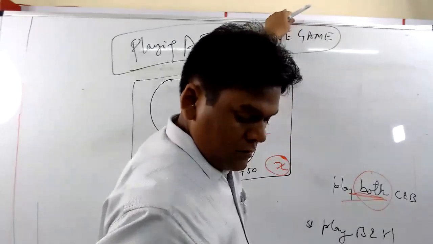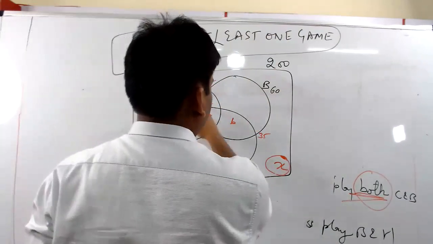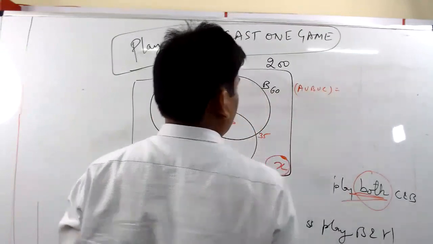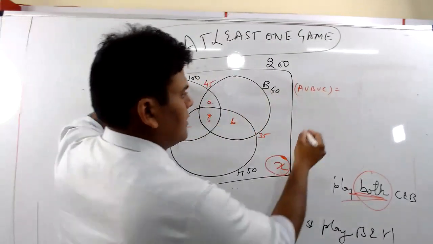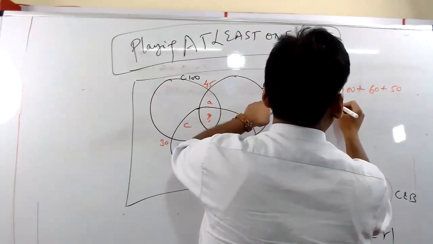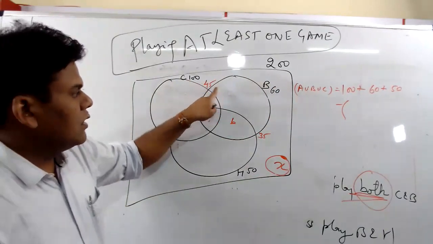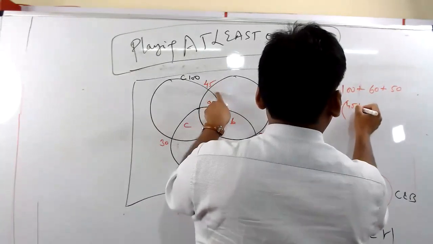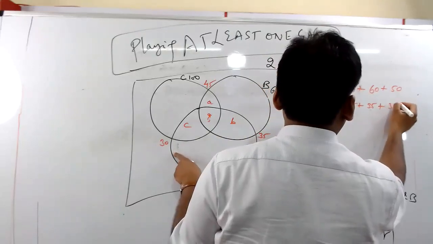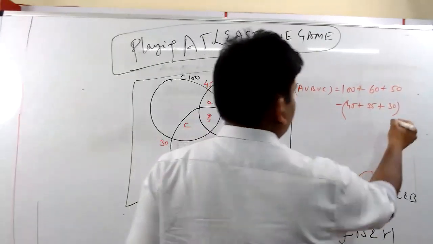Okay. I hope all of you remember the basic formula for union of three. A union B union C is equal to number of elements in A, plus number of elements in B, plus number of elements in C. And what does the formula say? Minus union of A and B, minus union of B and C, minus union of C and A. तीनों को minus करना है, so I can take a minus common and add, plus G.